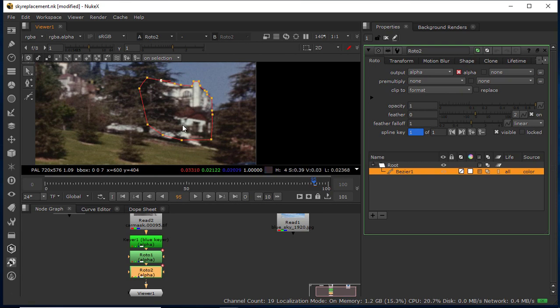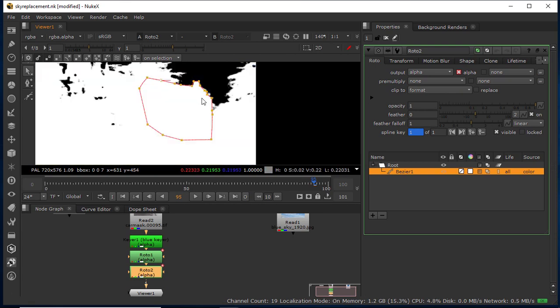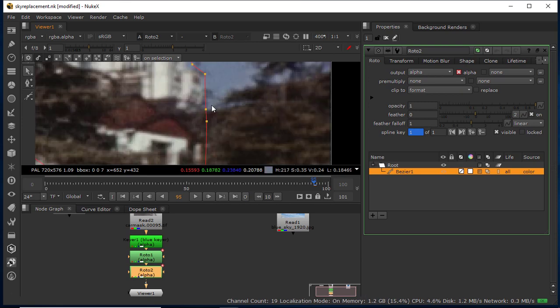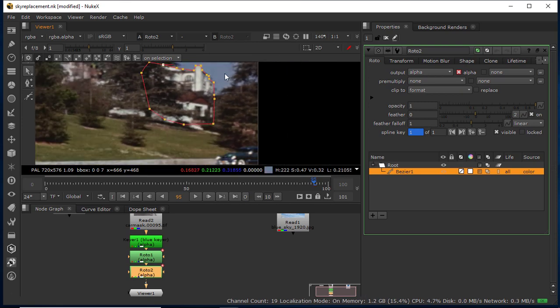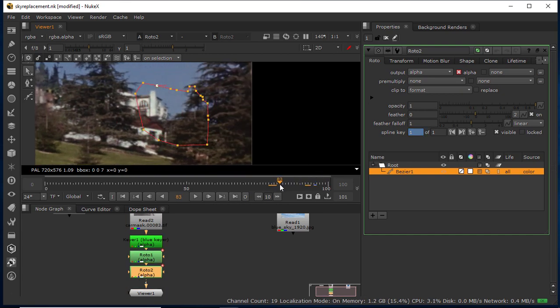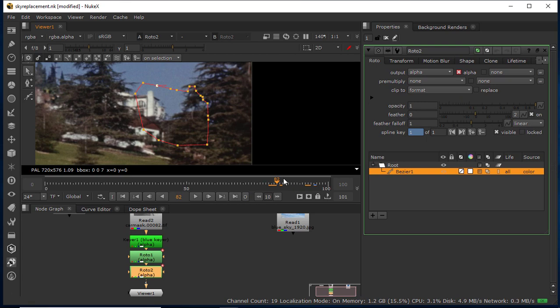Now again here press A. Now you will see, okay. Now check this one. This is maybe background, okay. Now just ignore this one. Now after this you have created your shape on frame 95, okay. Now just move and check. So now here you will see when you are moving your CTI or timeline, your shape is not moving according to your footage or video.